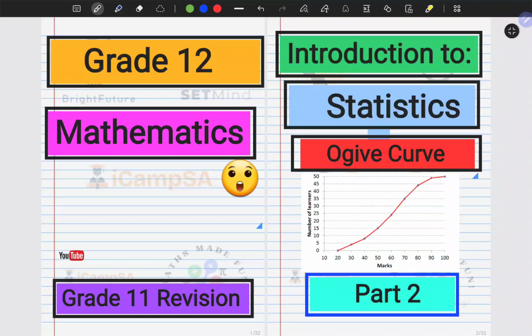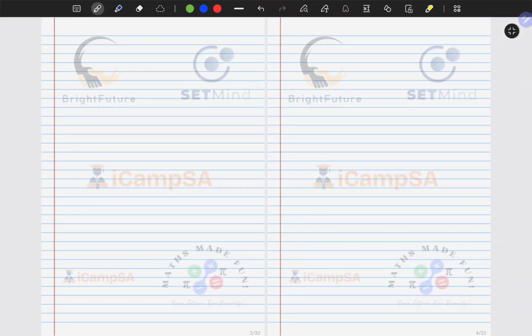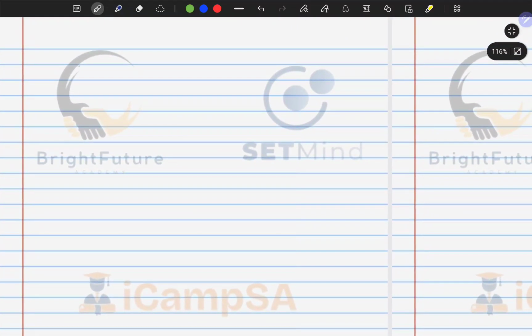In this edition, we're still looking at statistics, but we are now going to focus on group statistics. We'll look at how you draw your Ogive curve and how to solve group statistics problems. So let's go ahead and have a look at what exactly is happening. And as said, our focus is on group